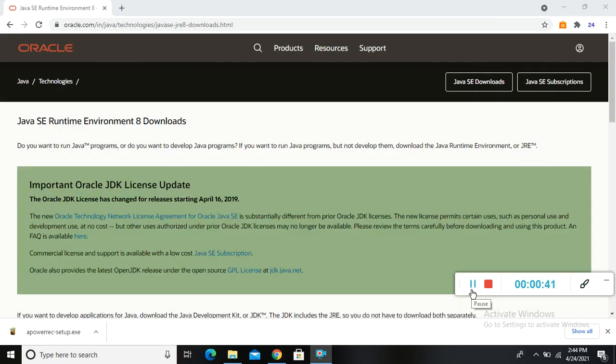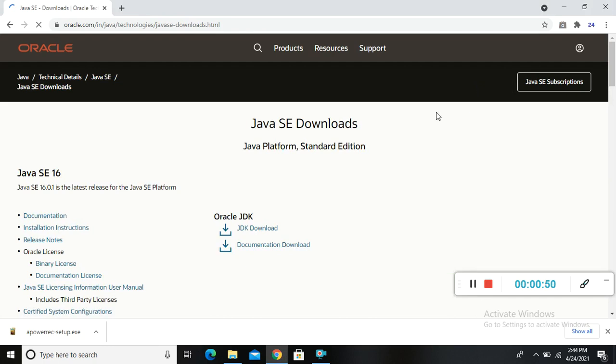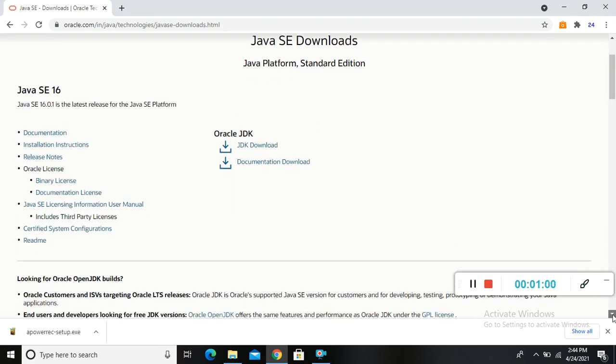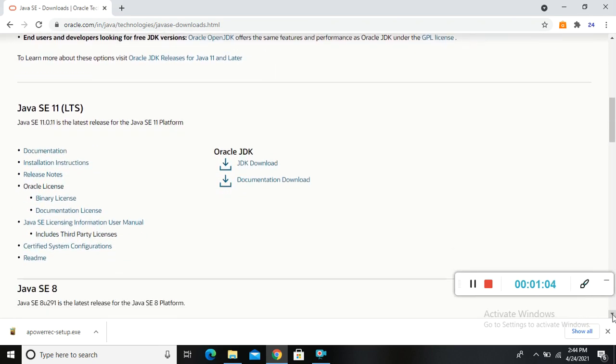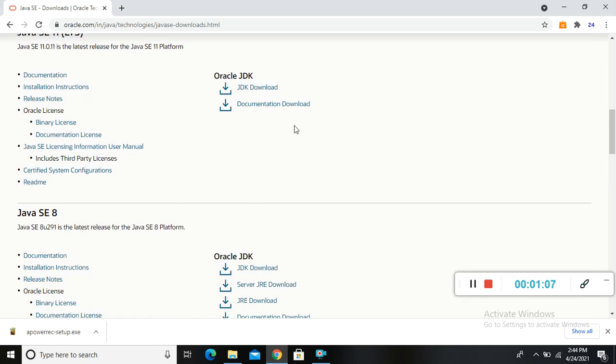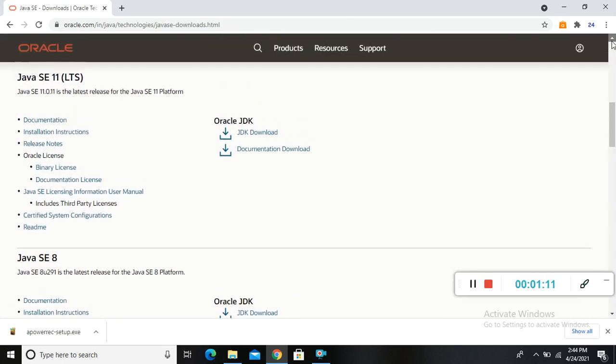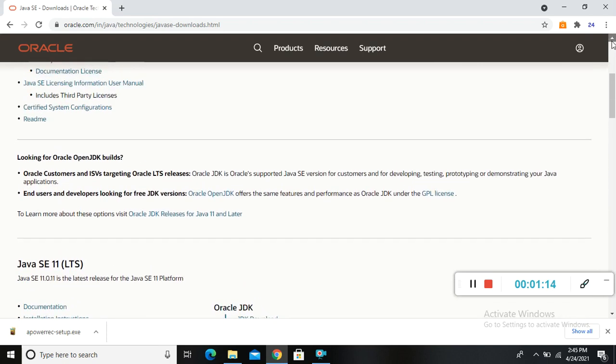Now we came here to oracle.com. So here is the Java SE downloads. You have to click on this. So first click on this, then they will give you something. Yes, so here we have many Java setups. If you want to install Java 16, you have to go by this link, and if you want to install some other version of Java, you can go down and check which version you want to install in your system. I already have Java 8 and Java 12, so this time I want to install Java 16 in my system.